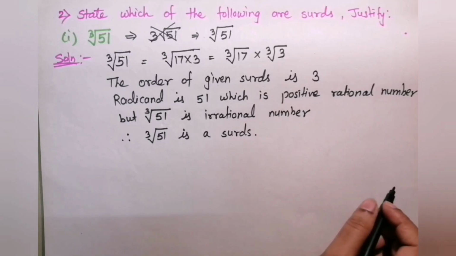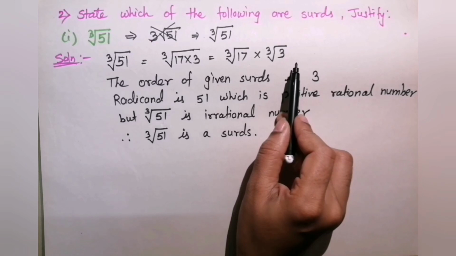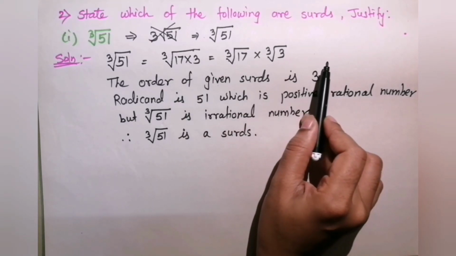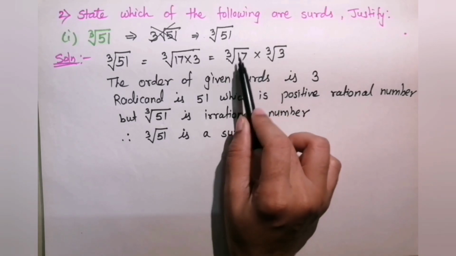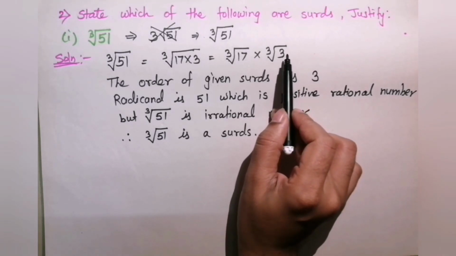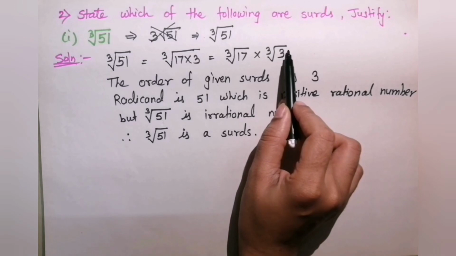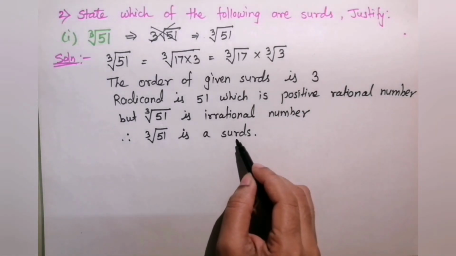Clear? So students, first write down the question. This is for your explanation, because when we factorize, we cannot get a rational number. Is it a rational number? No, because it is irrational, because it is in the form of roots. Every number in the form of roots is an irrational number, and an irrational number is a surd.